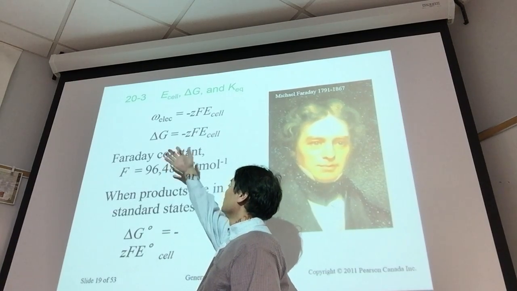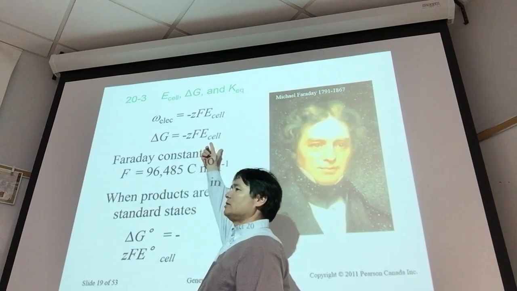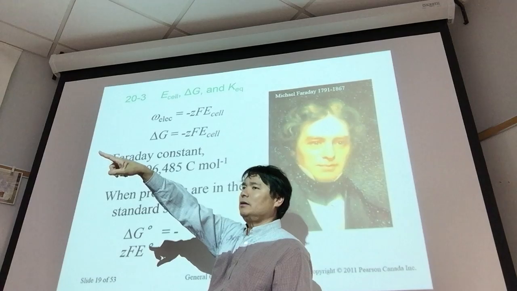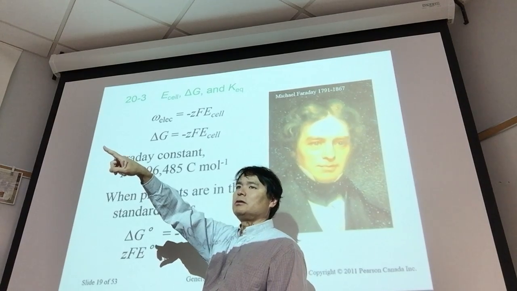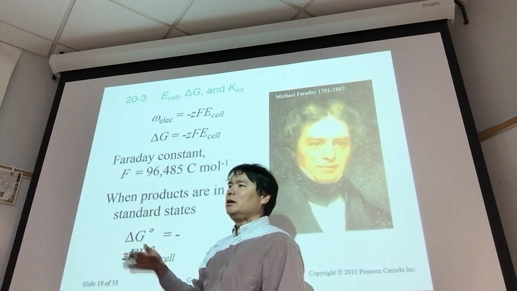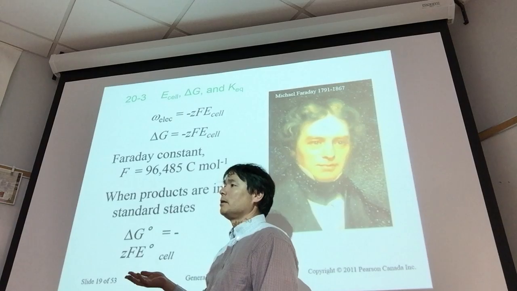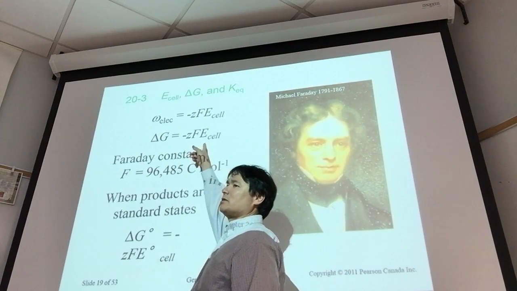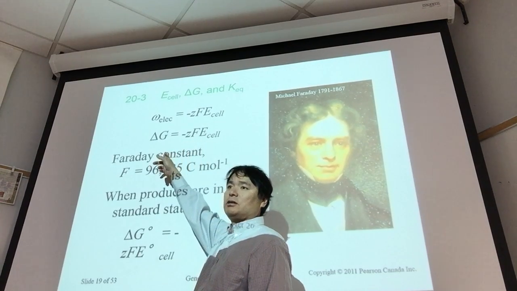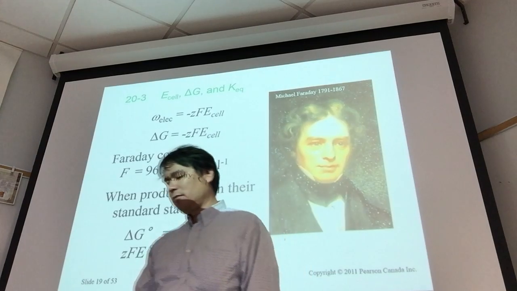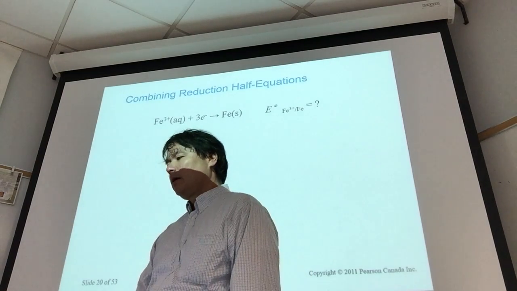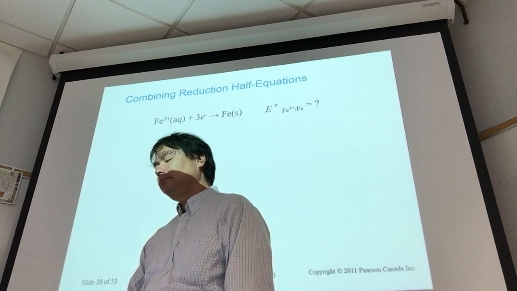Now, if we want delta G under non-standard conditions, where are we going to get E of the cell? Do we have non-standard cell potential, reduction potential? No. Even in Appendix D, we don't have it. And so here we'd have to measure E of the cell in order to get delta G, right? Or we'd have to be given an E of the cell. Okay, now,